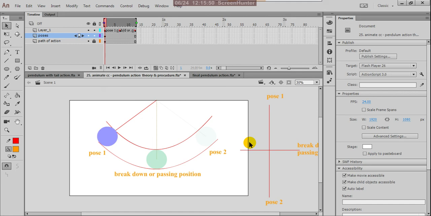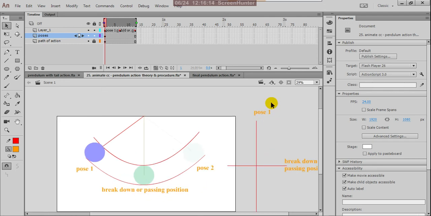So that I'll explain in the next class, because this is very important. You have to understand the theory first: what the key poses are, what the breakdown or passing positions are, how to prepare your path, okay. So how many frames for the pendulum action we are giving, okay, and what is the ladder.